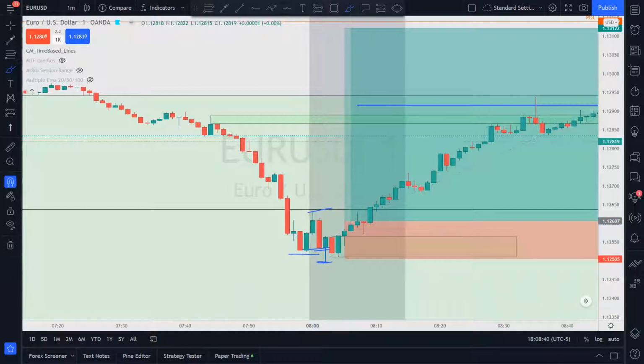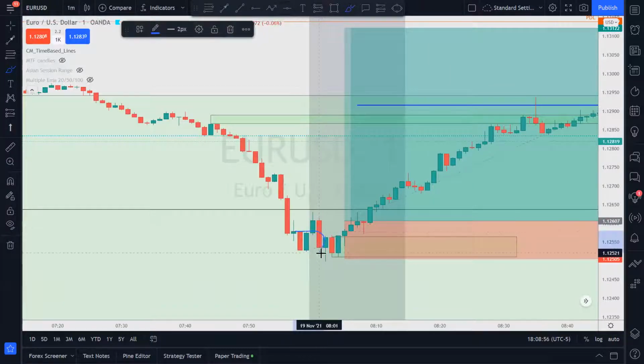Got it? After a bullish or bearish move is formed, what is the first thing you look for? You look for price to come back and test the base candle. This is the last down move before the up move. This is your base candle right here, right? Price comes back, tests that candle, and seemingly violates it with a liquidity grab, all right?